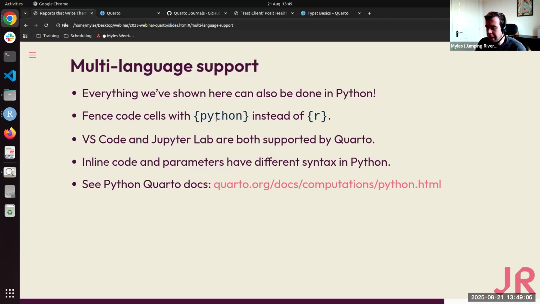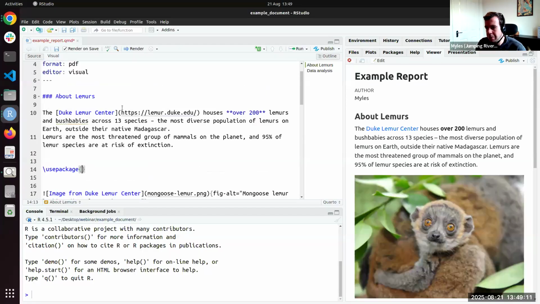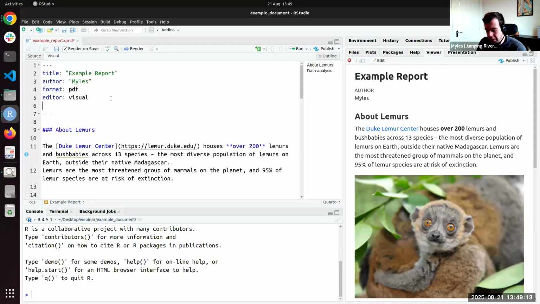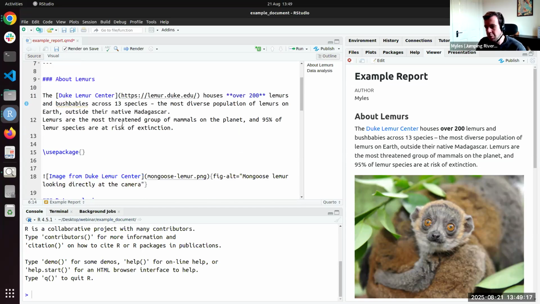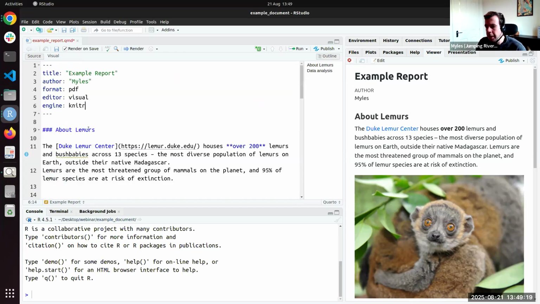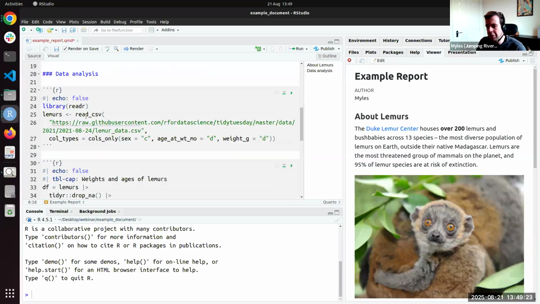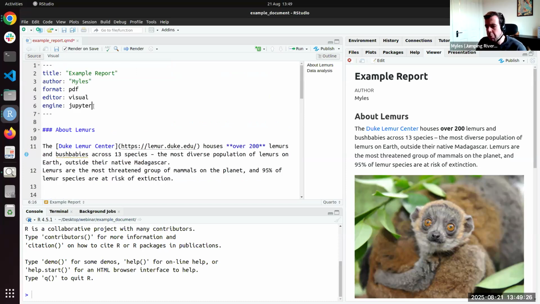What I also really like about Python for Quarto is when you're setting up your document, you can specify the engine. Now, by default, Quarto will use knitr if the first code cell is an R code cell. On the other hand, it will use Jupyter by default if the first code cell is a Python code cell. But what's really nice is you can actually specify a custom Jupyter kernel here. So let's say you're working on a project, you've got a virtual environment that you've set up with just the dependencies for that project.